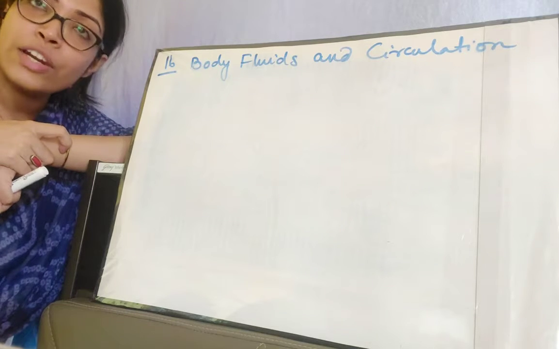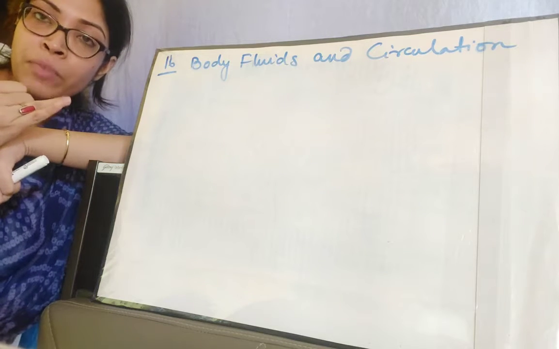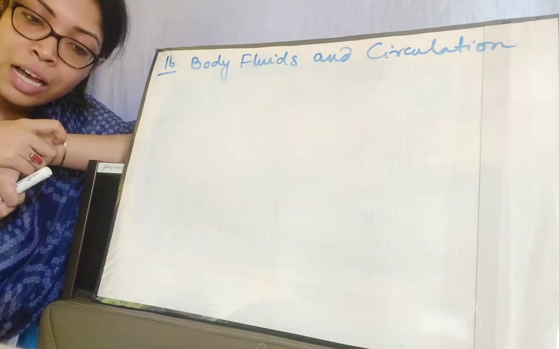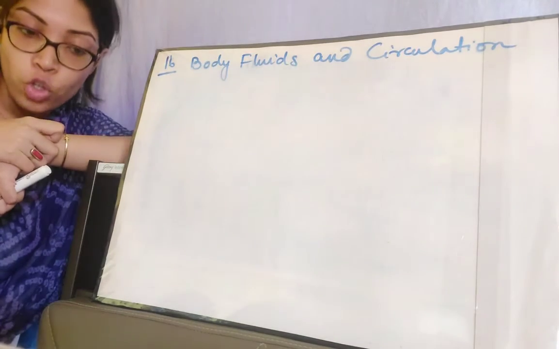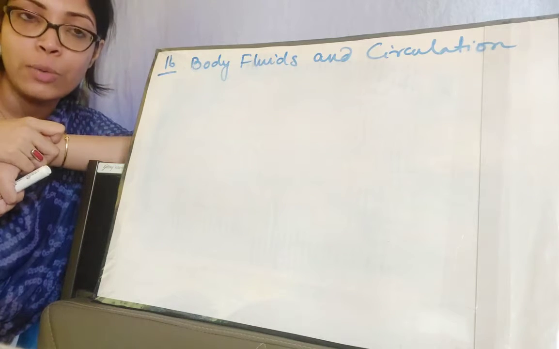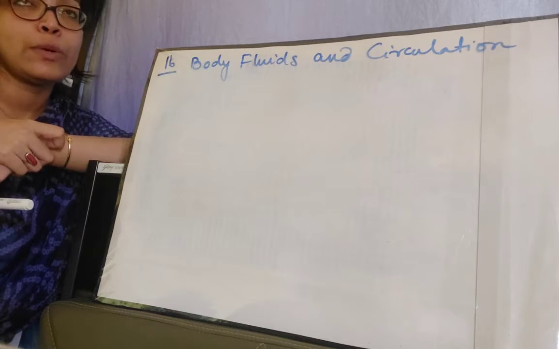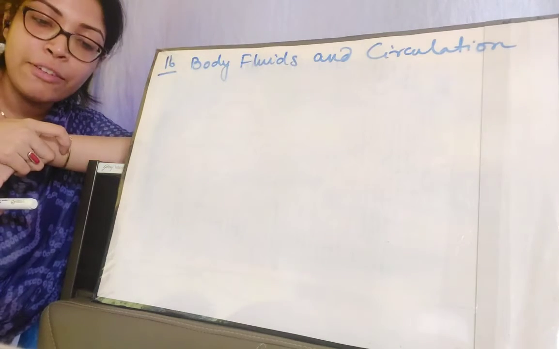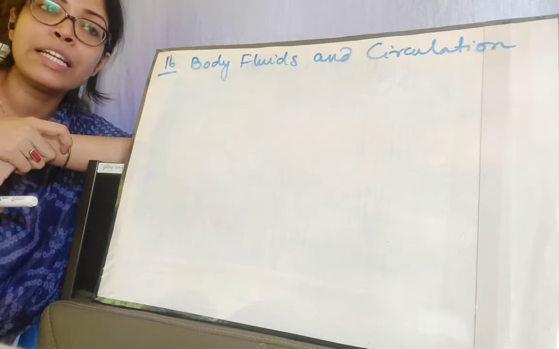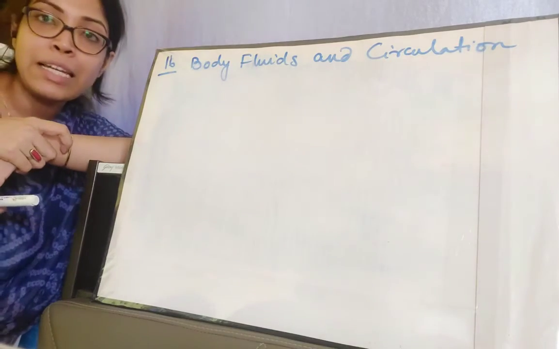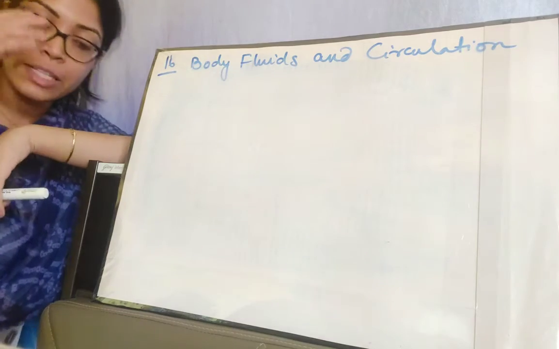Now these degradative products of hemoglobin, for example bilirubin and biliverdin, produce the coloration of our urine and stool. You all know the normal color of urine and stool is slightly yellowish. The yellowish color of urine and stool is given by bilirubin and biliverdin, which are basically formed after the degradation of hemoglobin. So these are the overall functions of RBC.